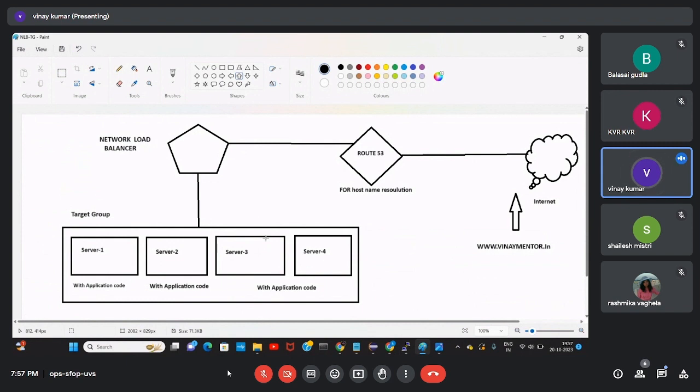Understand? We need to plan our things. Even if you are constructing a house, first of all you plan on paper.